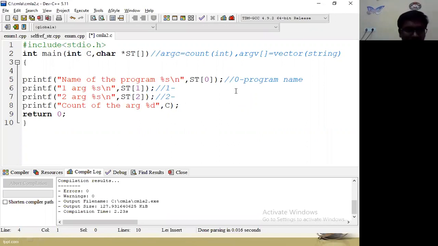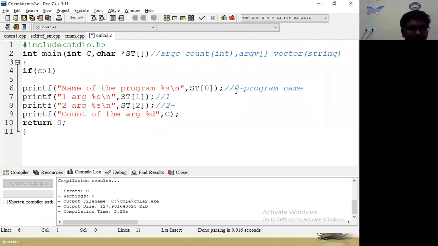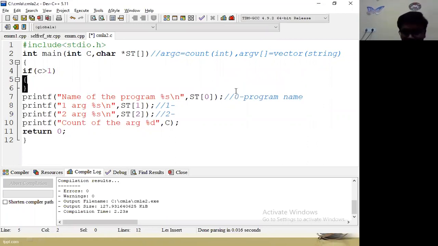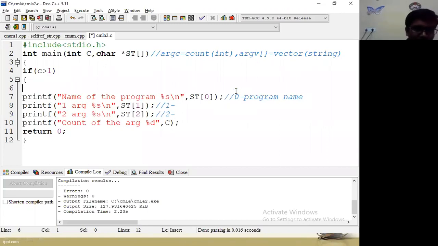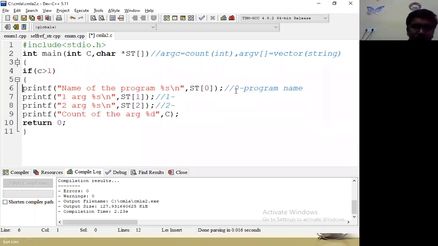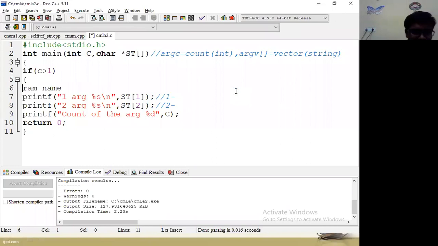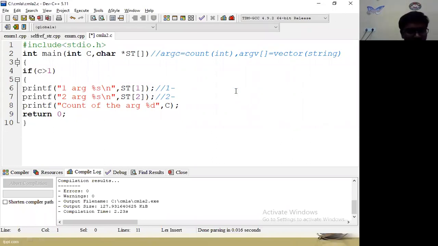So if the argument count is greater than 1, if it is equal to 1, that is only the 0th argument, the program name. Then only will we print all these things.